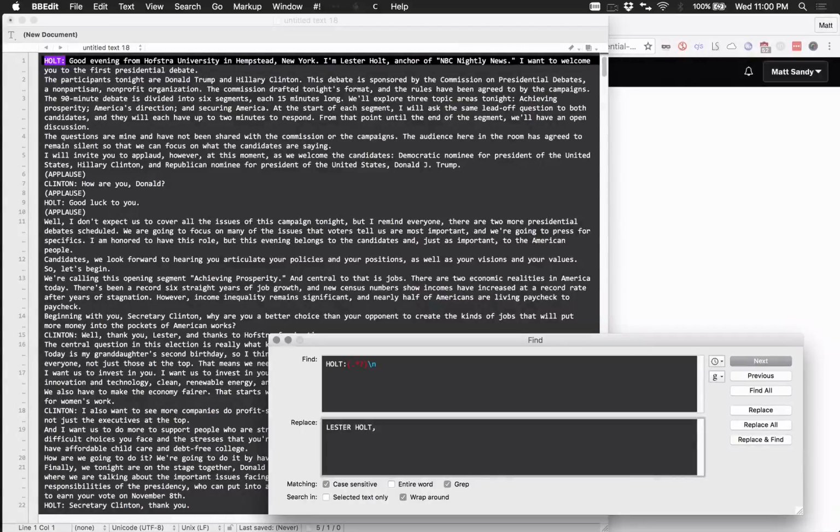Alright, so what we've grabbed is everything between that colon and a new line, and I'm going to go ahead and encapsulate that within quotations, so that the quotes inside of the statements aren't going to mess up the CSV formatting. Alright, so we're going to go ahead and do that. And now you'll see Lester Holt. Good luck to you. And go ahead and do that for Trump. And Clinton as well.